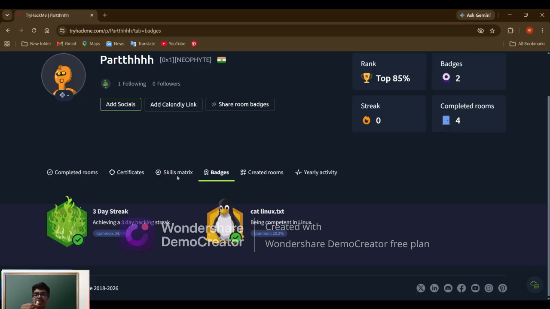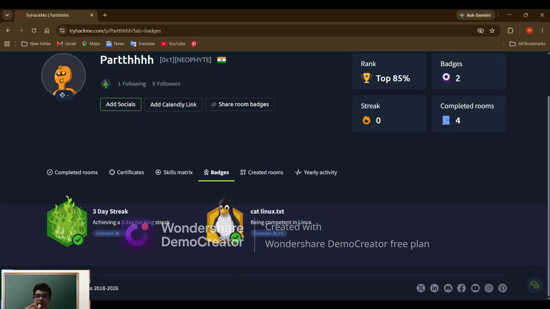In the badge section, if you complete any room or any kind of course, you get a badge. Like I completed a 3-day streak, I continuously opened and studied on TryHackMe, so I got this 3-day streak badge. And after it, I completed the Linux Fundamentals course from TryHackMe, so I got the Linux badge.